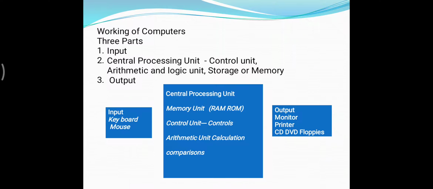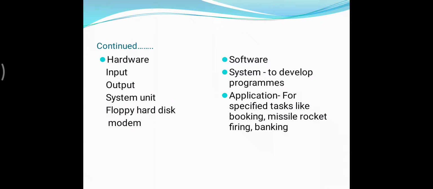See, there are two types of system that we see: hardware and software. Hardware is the body which we can touch, we can see, we can feel, okay? By our hands we can touch them. These are hardware. The hardware that we see: input devices, keyboard, floppies, magnetic tapes. Output devices, we have monitors, printers, hard disks, films. System unit, we have floppy disk, hard drive,